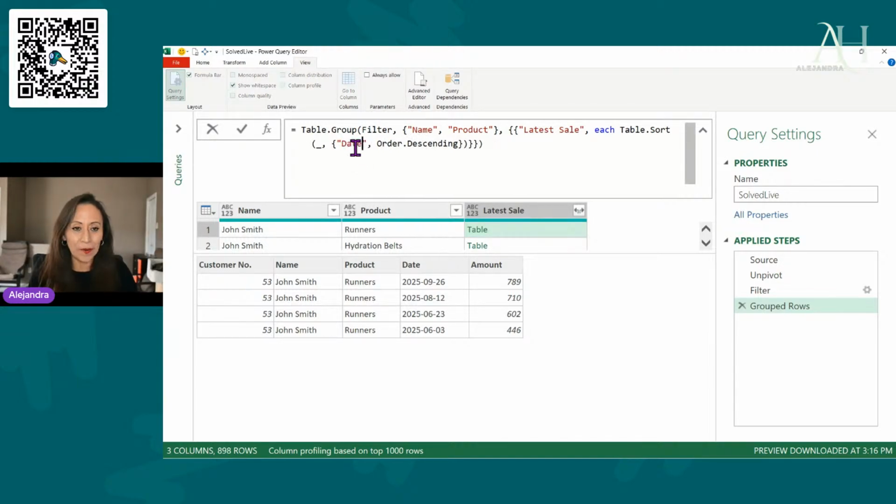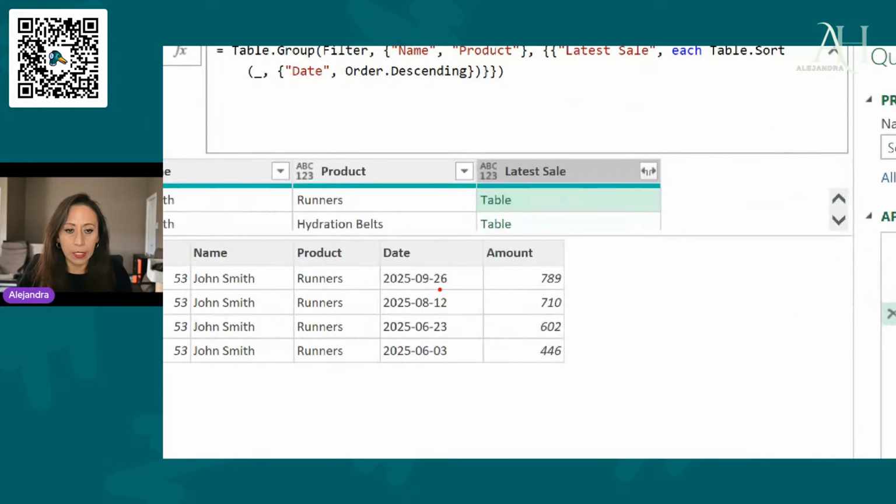I have been away for a long time. So what I did, I ordered the column amount in descending order, but that's not going to work. What I want is the latest, not the highest. So it's the latest year-to-date sale. So I'm going to just click at the check mark, and now I see properly that in the first line I have the latest year-to-date purchase